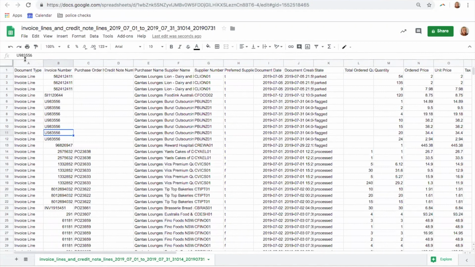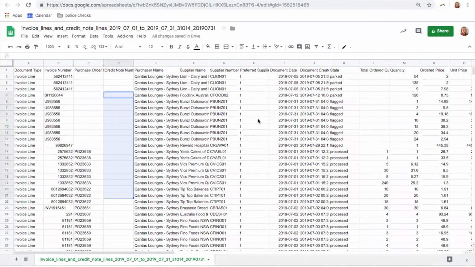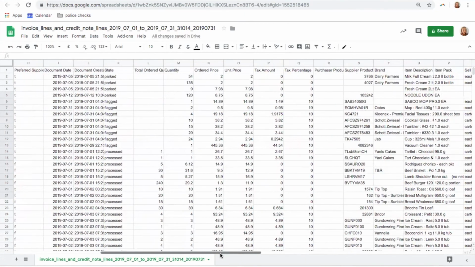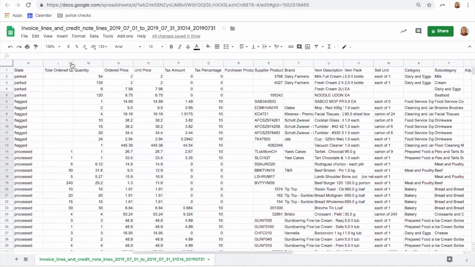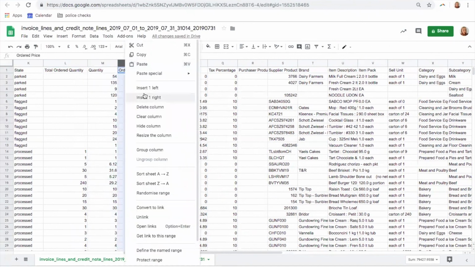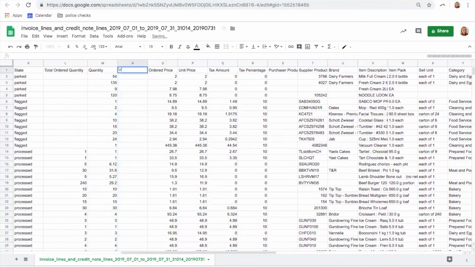So we've got the document type, the invoice number, any purchase orders it's linked to, any credit notes, the purchaser name, supplier name, if it's a preferred supplier, all this stuff. I won't go through each individual column because we'll be here all day, just the important ones. So if we have a look here, this will show us our total ordered quantity versus our invoiced quantity, all right? So if we insert a column just here and we call this variance,